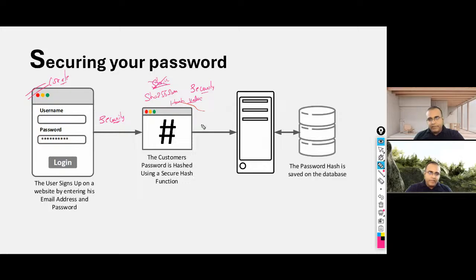This particular hash value is sent to the server, and the server will store the hash, not the password. So the only time Google will be able to see what password you have entered is when you're creating your password for the first time.